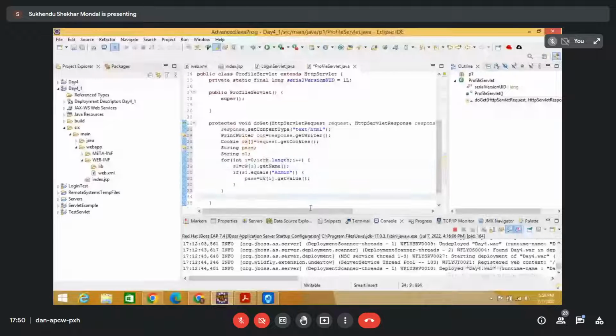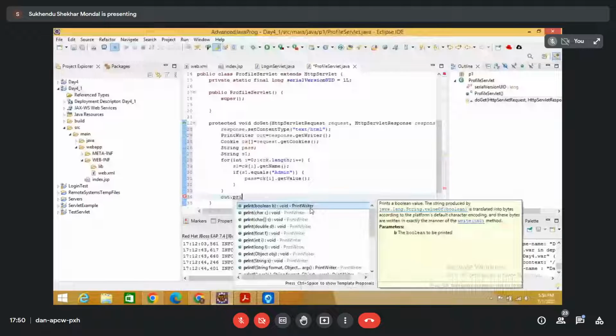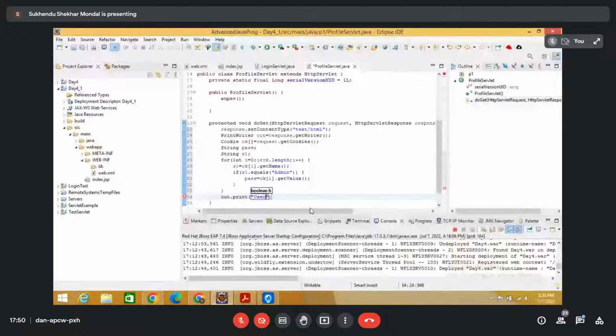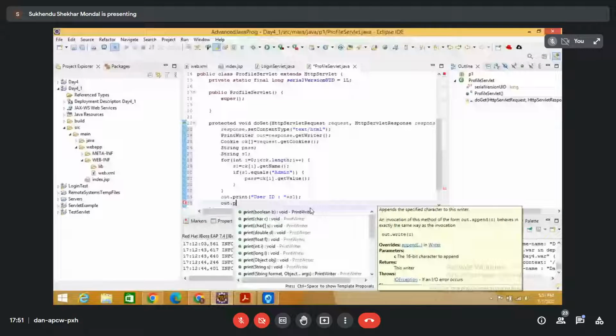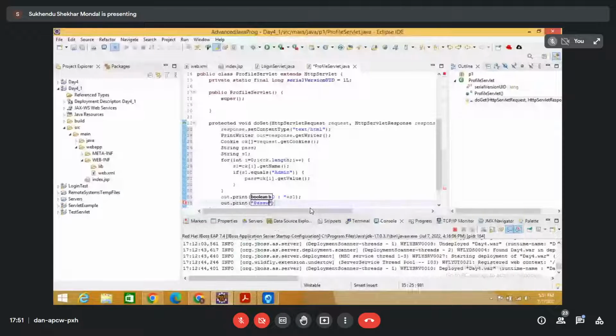এবার তুমি এই পেজে ওটাকে ডিসপ্লে করতে পারবে, out.print, এটা হচ্ছে যে ইউজার আইডি, প্লাস আমার নামটা আছে ভেরিয়েবল s1, and password and out.print, এটা হচ্ছে password equals to plus কি আছে, এটা পাসওয়ার্ড হচ্ছে যে আমার আছে পাস, রাইট? সো এইভাবে আমরা পেয়েছি। এখান অবধি হচ্ছে কুকি, এটা কেন হলো String s1, String pass,